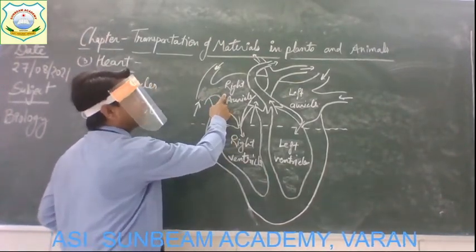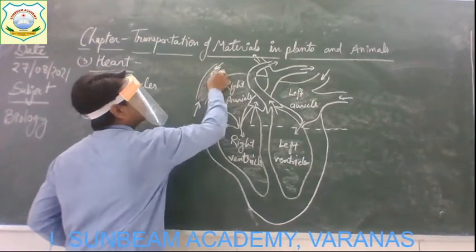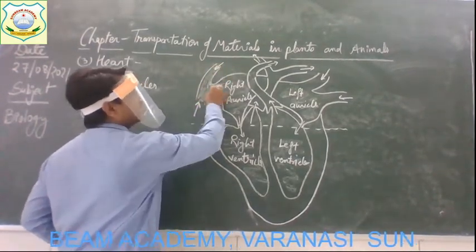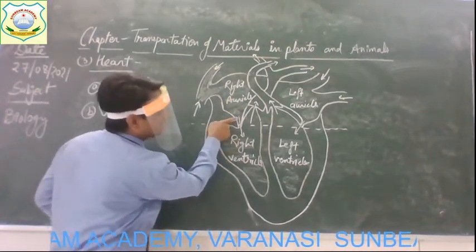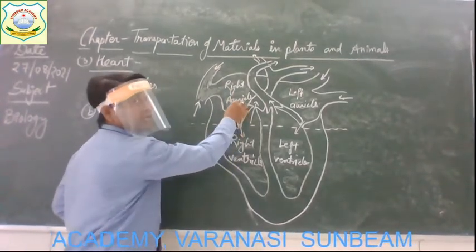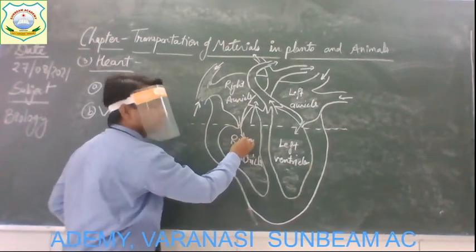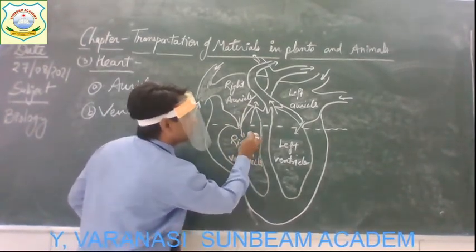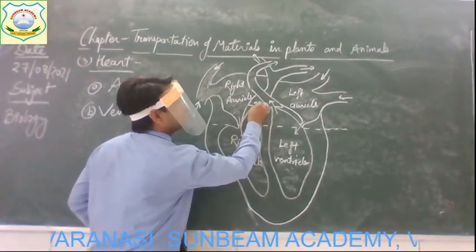Right auricle. So from these 2 blood vessels, veins, deoxygenated blood is coming here. Just see the arrow. From this right auricle, it goes into the right ventricle, and again from the right ventricle it's